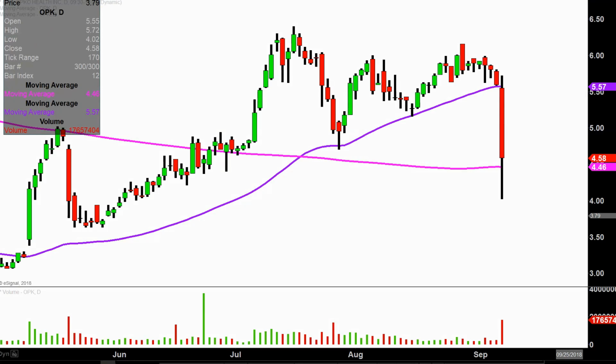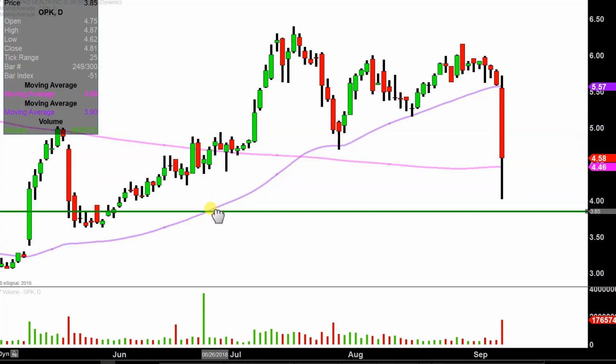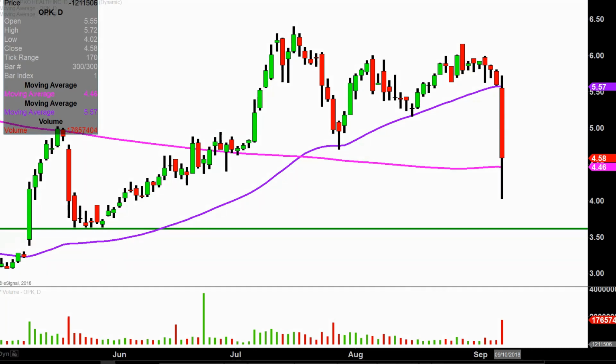First level of support, the price did manage to get back up above and close above the very famous 200-day simple moving average. Even if you have a very basic understanding of charts, I'm sure you've heard of the 200-day simple moving average, and you know that from a bullish perspective, you want to see the price stay above it. Temporarily the price dropped below it, but like I said, it did manage to fight back and get up above that level. So that is certainly the preferable area of support that you want to see the price continue to hold going into next week. If that level cannot hold, the next overall level is down here right at $3.60,